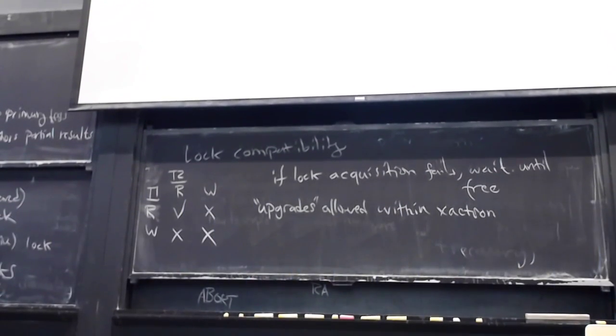Okay? And this is sufficient to ensure conflict serializability. If you want to think about it in this case, this transaction acquires this read lock here, right? And at that point, we know that we're going to be able to make our reads or updates to this value A, and no other transaction is going to be able to sneak in and update it underneath the covers, right?